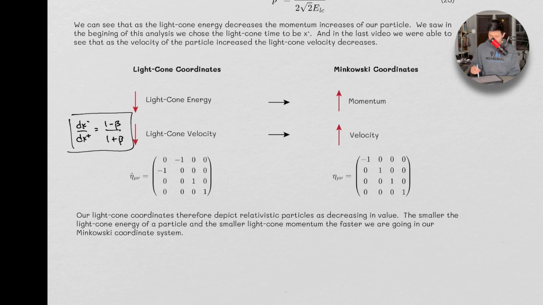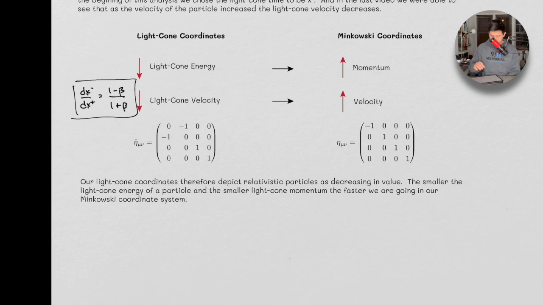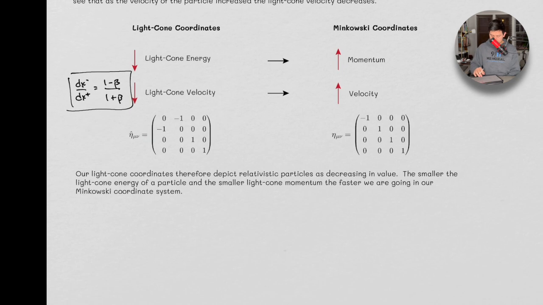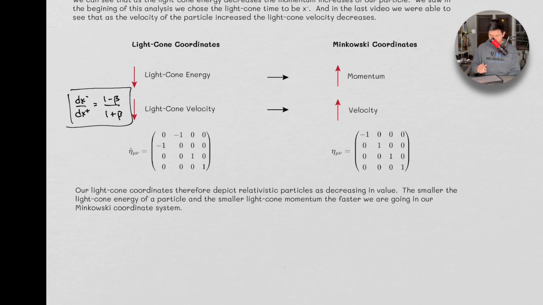The idea also is that the velocity is going to decrease here in our light cone coordinates. But if the light cone coordinates decrease, then this is actually going to increase, because remember, as you move,